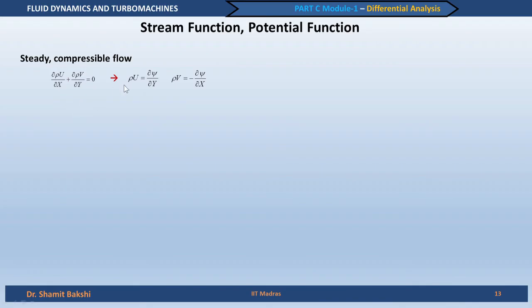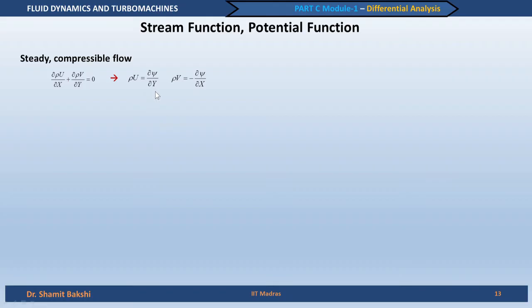That means you have replaced both u and v by a single function psi, or a derivative of a single function psi, and while doing that you have made sure that it satisfies some of the equations automatically by its definition itself. So, this is a very useful technique in mathematics to reduce the number of variables, but of course, the